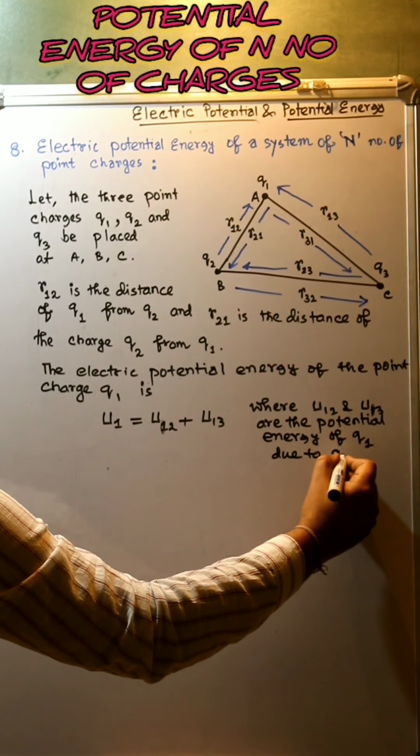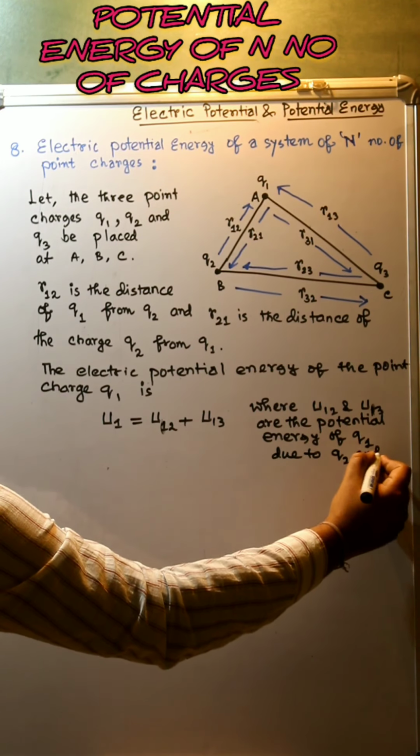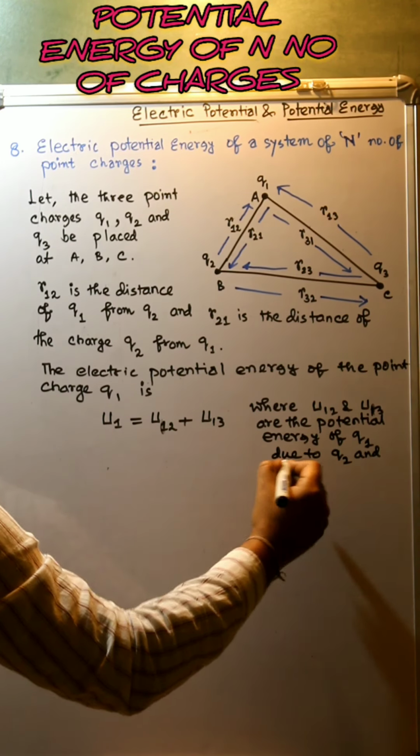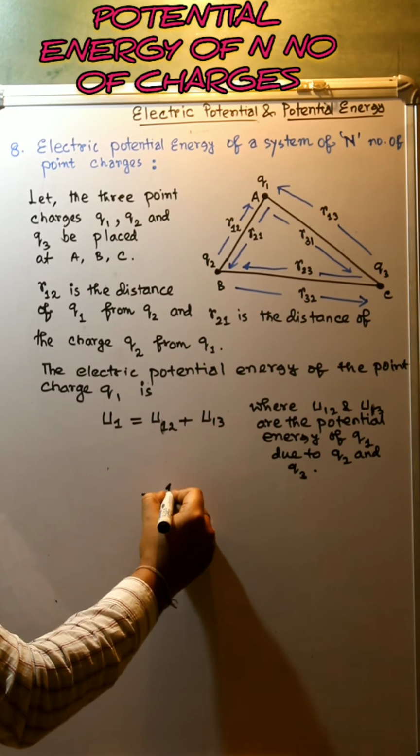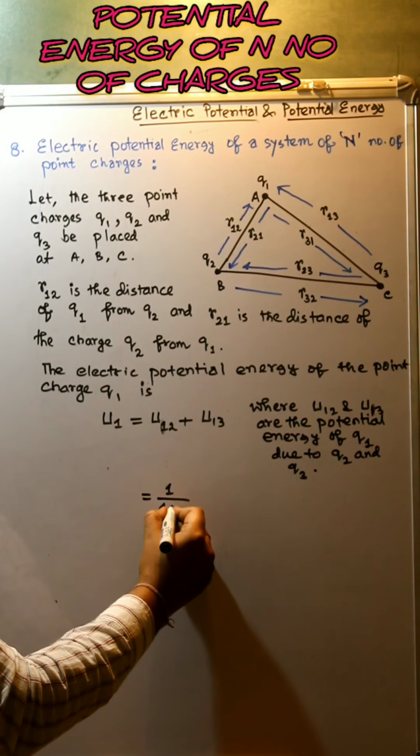Due to Q2 and Q3. And now if we put the expression, 1 by 4 pi epsilon 0